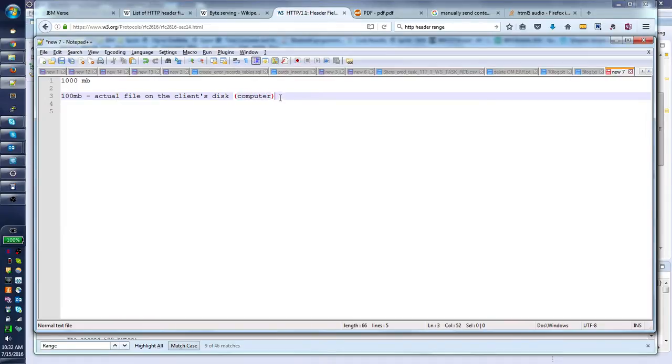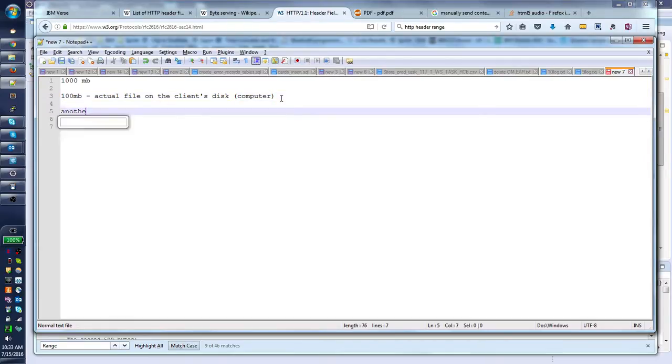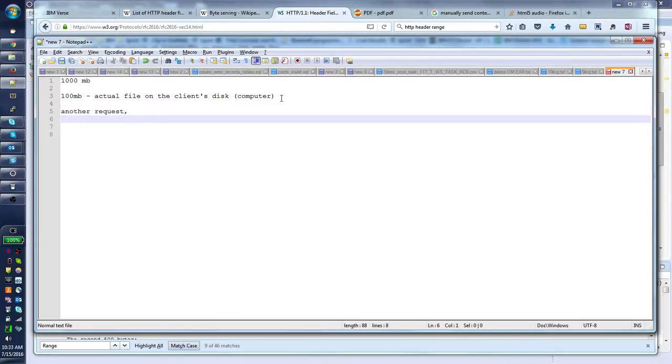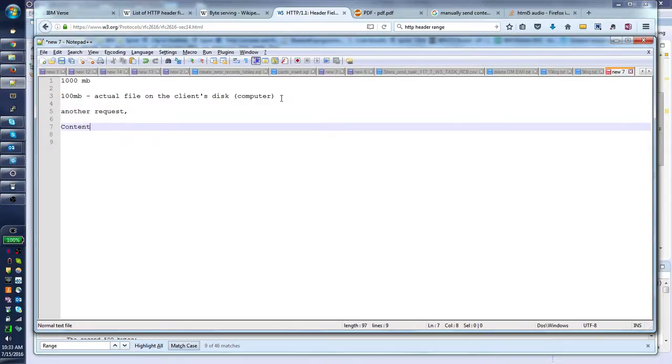Okay, so to make the resume work, when we send another request, we need to insert this content range, bytes space 100. So basically, that's the concept of how I use the resume functionality.